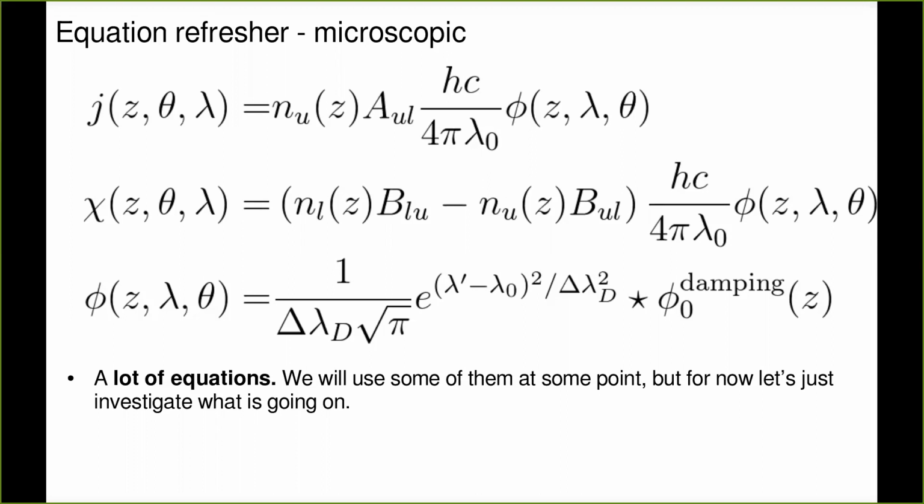Obviously, the number of atoms cannot change with the wavelength and the angle, times these constants here that are basically physical constants, times the line profile, which depends on the position, wavelength, and the angle. Why does it depend on the position? Well, we have seen before that it's some complicated function, which is basically a convolution of the Doppler function times some damping profile and so on. So this z dependency should be obvious. Lambda dependence, of course, it's a profile, so it has to depend on the wavelength. Why does it depend on the angle?